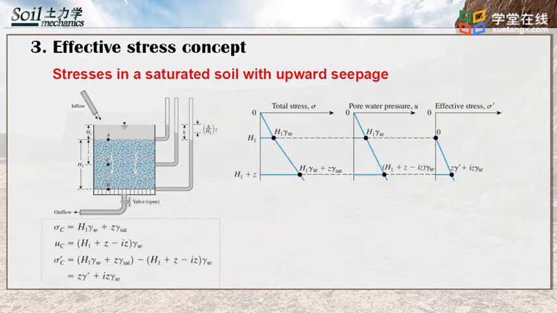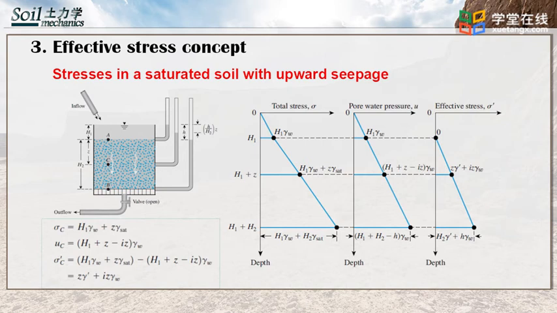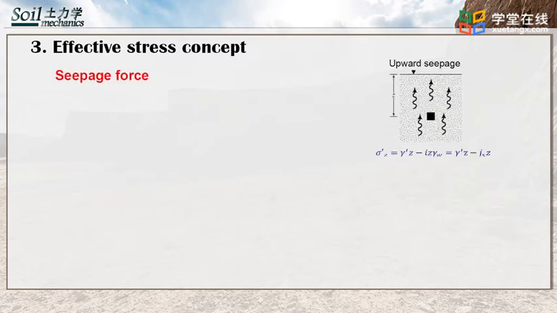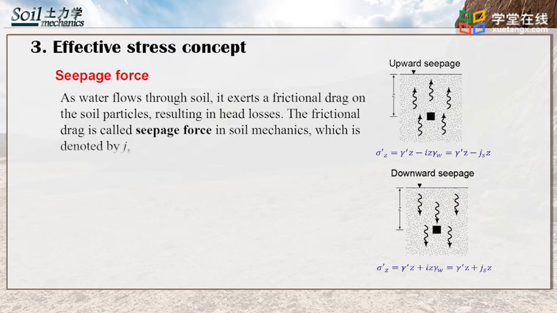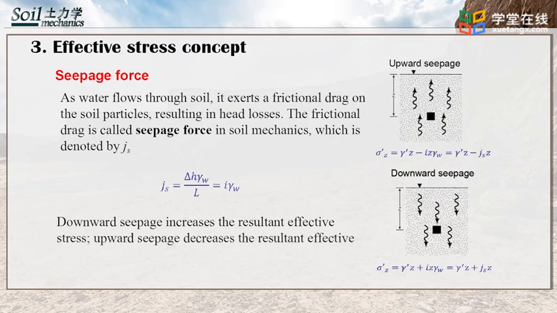Similarly, we can find the stress distribution in a saturated soil with downward seepage. As water flows through soil, it exerts a frictional drag on the soil particles, resulting in a head loss. The frictional drag is called seepage force in soil mechanics, which is denoted by Gs as expressed in the equation below. Based on the analysis, a downward seepage increases the effective stress, and upward seepage decreases the